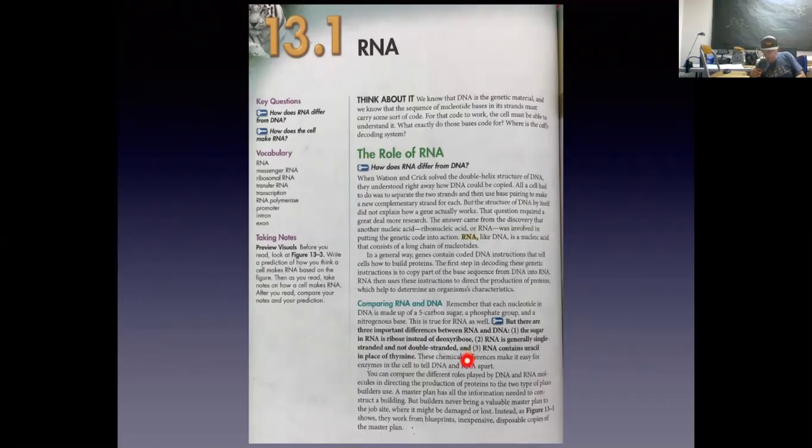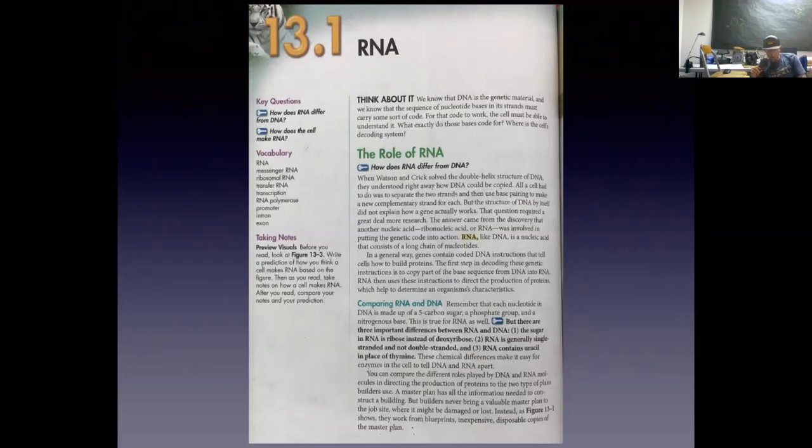The third point is that RNA contains uracil instead of thymine. Anywhere you would normally see thymine as the nitrogenous base in DNA, replace that with uracil. It's very similar looking, even the chemical arrangement, but it's slightly different. You just need to know that RNA contains uracil instead of thymine, making the cell able to tell the difference between DNA and RNA. All right, and so